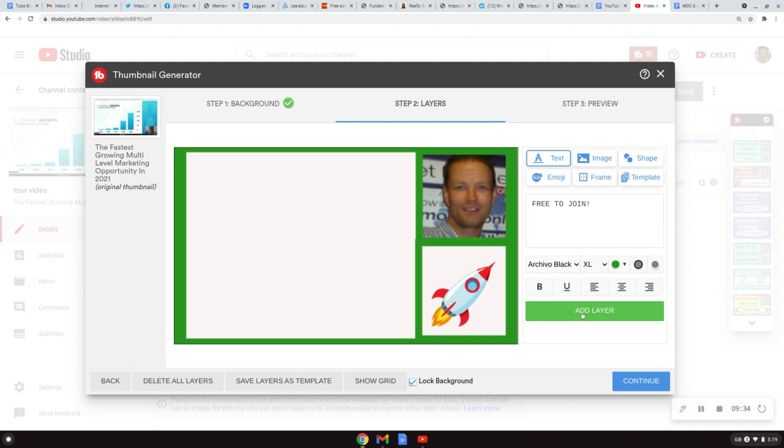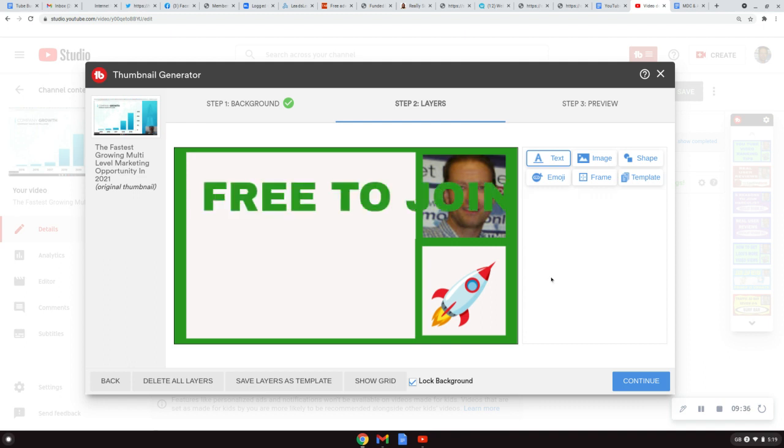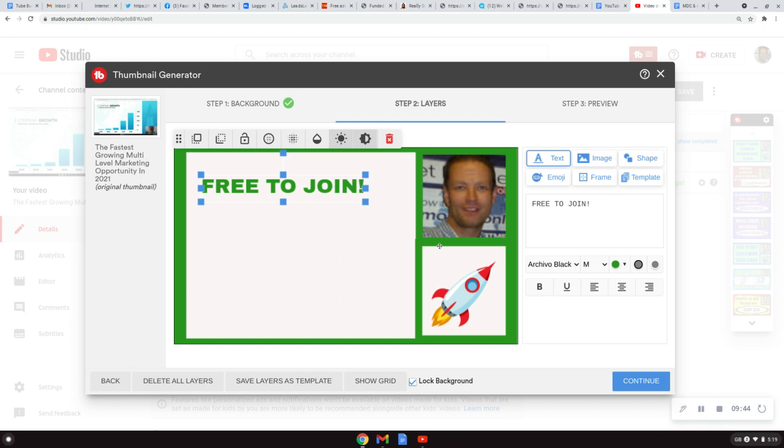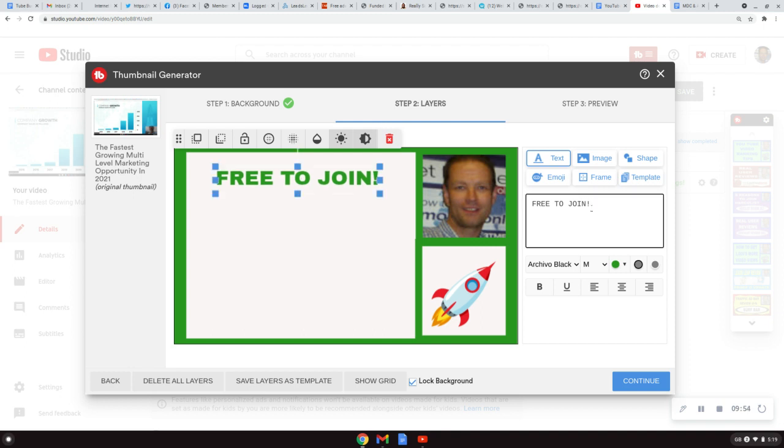Then we just click add layer, and you'll see we're extra large, that's too big. All you do is go back into here. I think medium will probably be about right. All you need to do then is drag it around. Actually, I'm going to change that. Bear with me again. If you make a mistake, all you do is